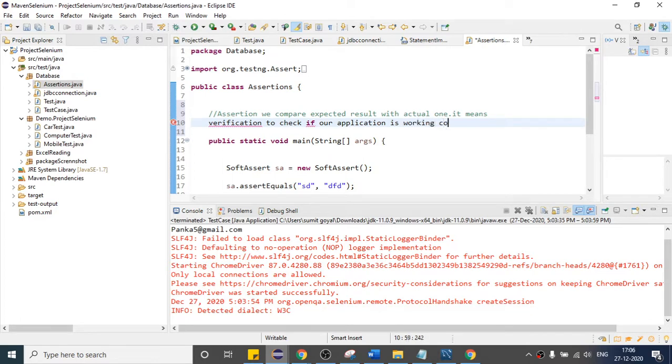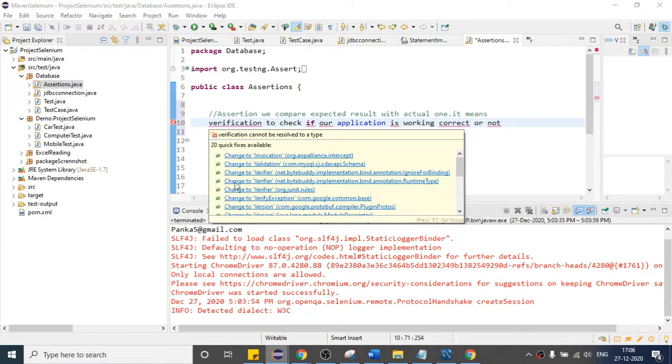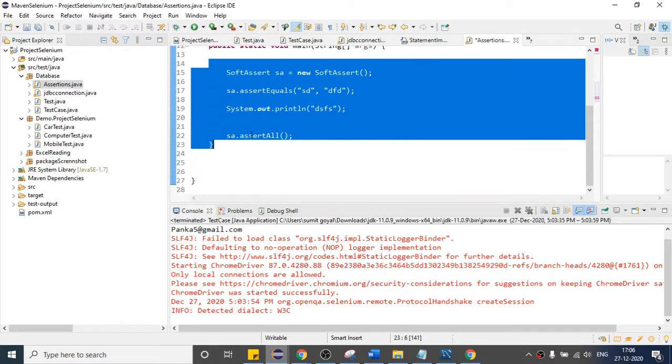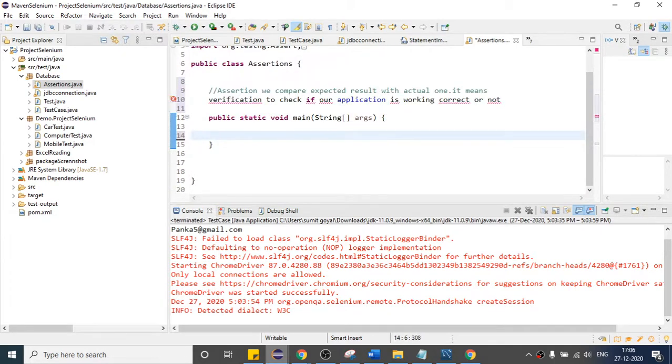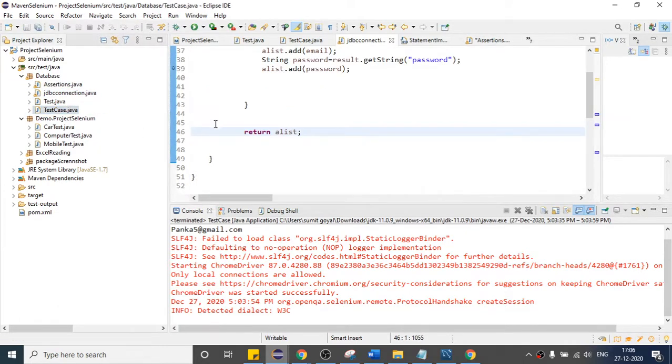We have not discussed this assertion before, right? So if I remove this code and suppose I open one website, which is Amazon, I copy this same code, three lines of code, from here.